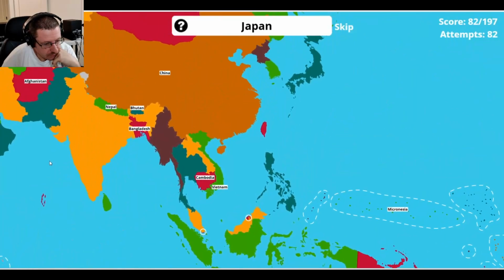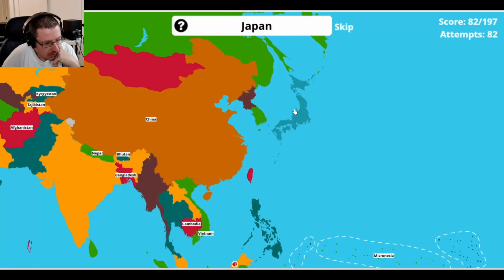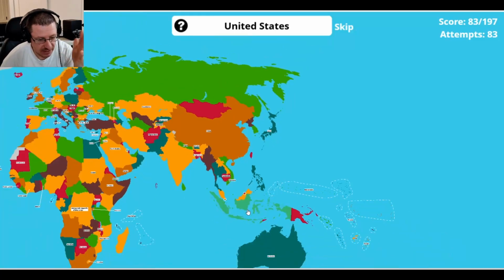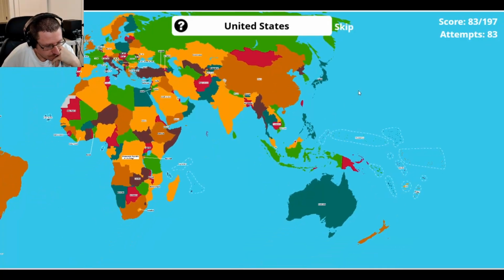Japan. Japan's right here. It is made up of 14,000 islands. And Tokyo was supposed to be the most densely populated city in the world. I think it's got like 42 million people. But I believe that there is a city in Indonesia that surpassed it. Tokyo was always considered the biggest for a long time, but the last thing, I actually tried to look it up last night, and it said that there's a city in Indonesia that beat it, I think. So I think Tokyo is now considered the second most populated.